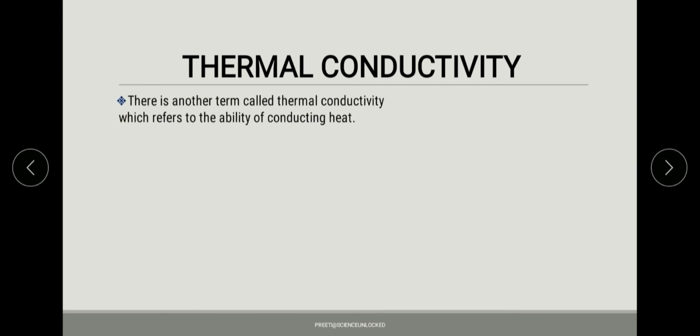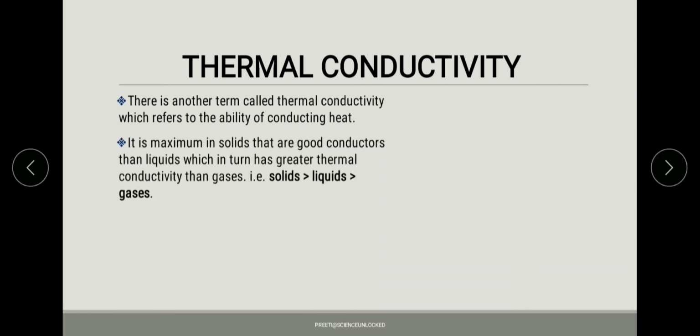Now one such aspect with reference to transfer of heat is thermal conductivity, where we talk about how good or how efficiently an object is able to conduct the heat within. After so many experiments and day-to-day examples, we have come to the conclusion that where the particles are in proximity with each other, they will have higher thermal conductivity. So solids will have the maximum conductivity, then it will be less in liquids and least in case of gases.